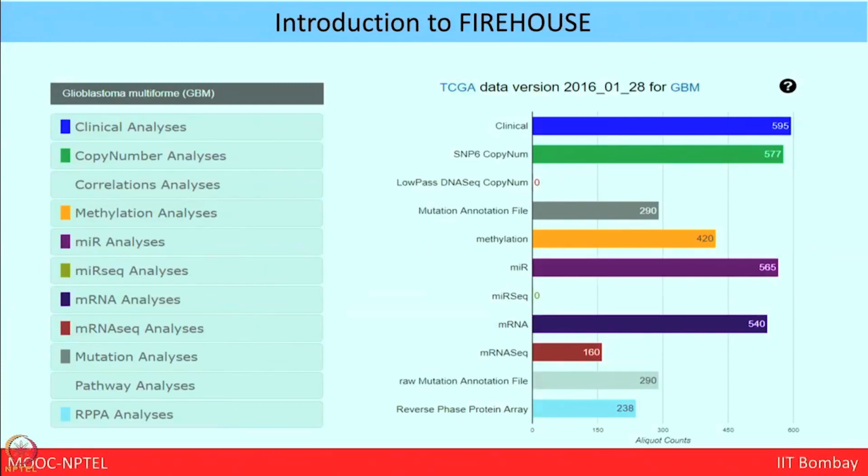So, TCGA data version from 2016 from glioblastoma, clinical SNPs, methylation and mRNA sequencing data and reverse phase protein array data are already available. So, we can use this Firehose to download the data. So, now we are able to understand how proteogenomics and correlation of mRNA and protein can give us better insights